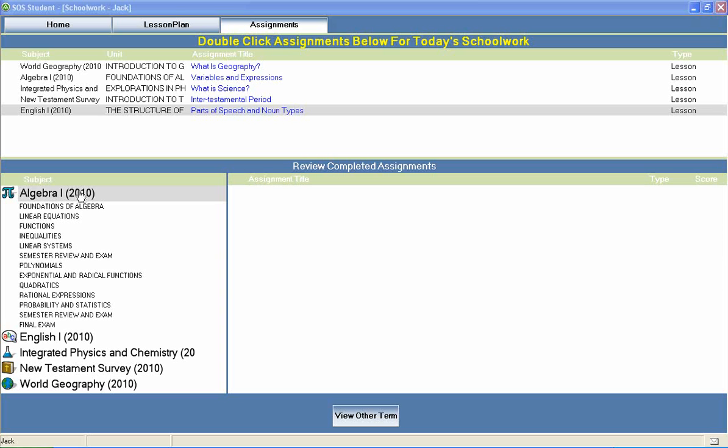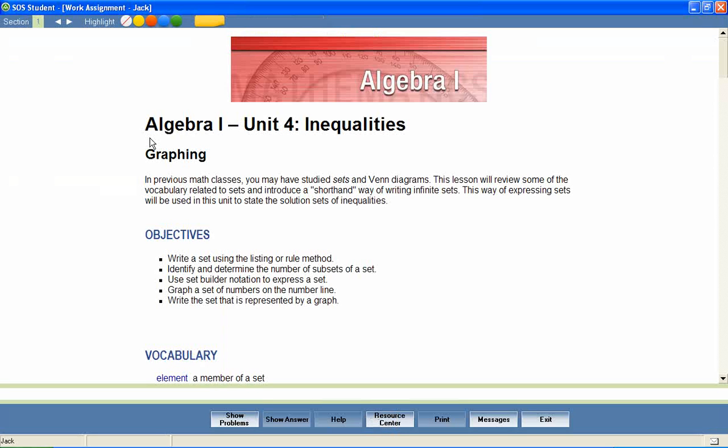Now let's take a look at an Algebra 1 lesson to see how concepts like these are covered. In a unit entitled Inequalities, let's look at a lesson called Graphing. Most Switched On Schoolhouse lessons begin with a brief introduction and a list of objectives for the lesson. These objectives help students stay focused on important lesson content and provide parents with an effective way to measure mastery